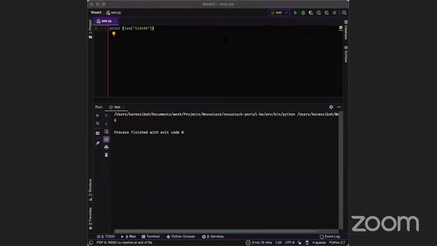So what are functions? A function is a block of code that accomplishes a specific task or a group of tasks. So let's say